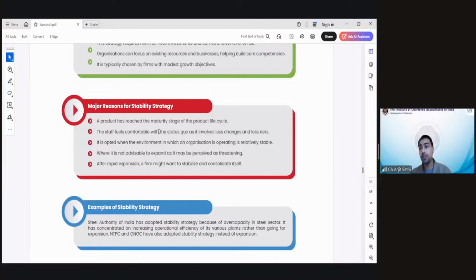So now, because of the life cycle of the product, which is embryo, growth, stability, and your downfall, the product ke hisab se your strategy should change as well. The staff feels more comfortable with status quo. Maybe internally जो आग थी पहले कंपनी में वो आग, the energy has been lost. Maybe the company feels that ठीक है अभी we made a lot of money, we don't want to be greedy, we just want to do good work, and they keep doing that.